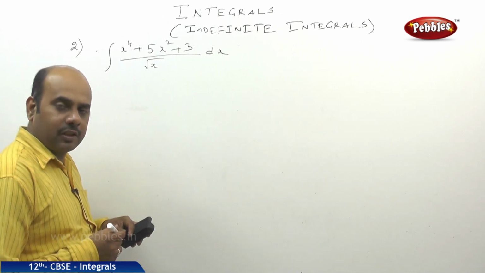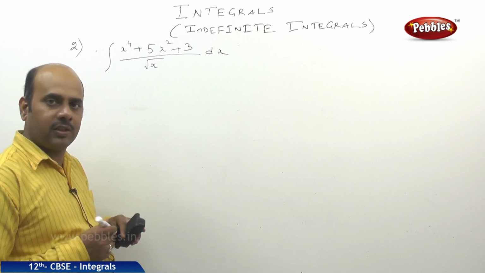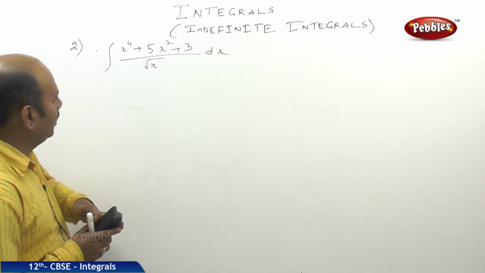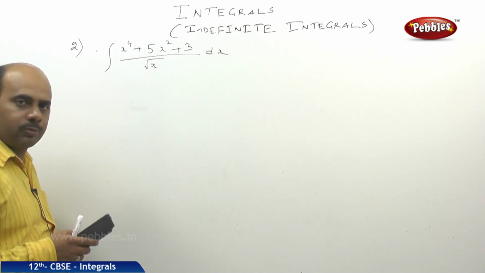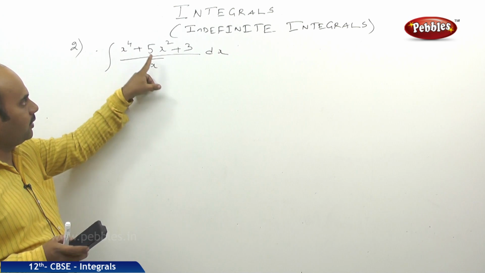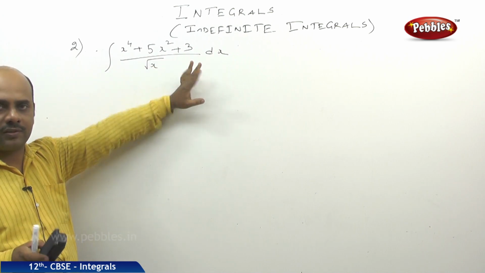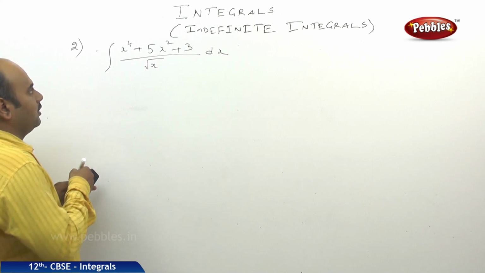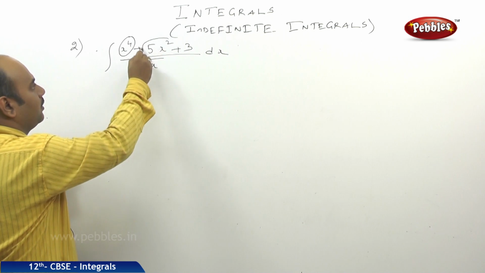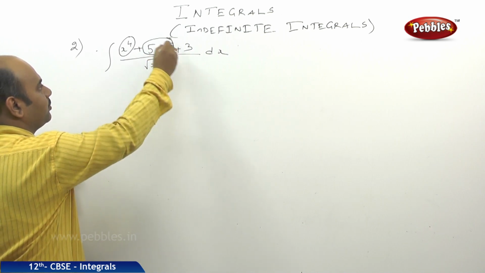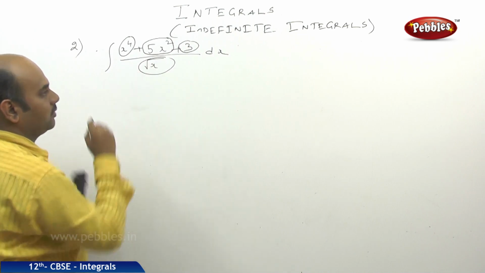I think the very first problem is very clear to you. Now I'll be going into a little better depth on this particular integral problem. Now we try to solve it. I think it's an example problem: integral of (x^4 + 5x^2 + 3) divided by root x dx. If you observe carefully here, I will consider this as A, this as B, this as C, and this as D.